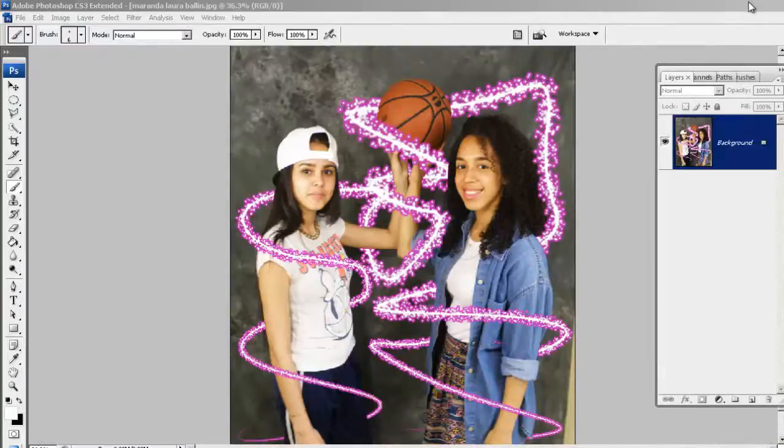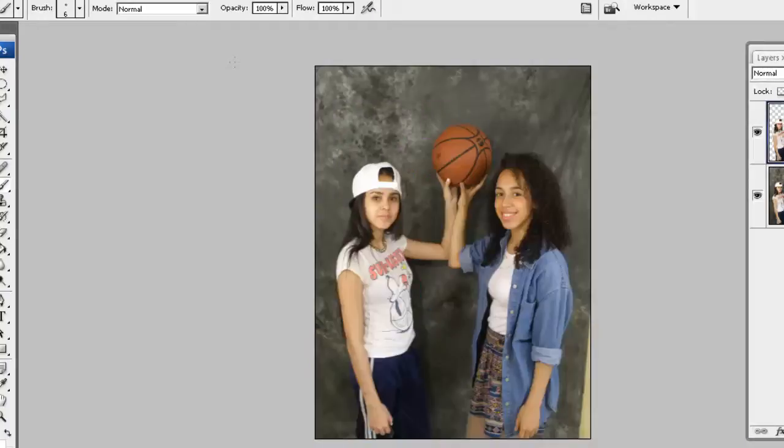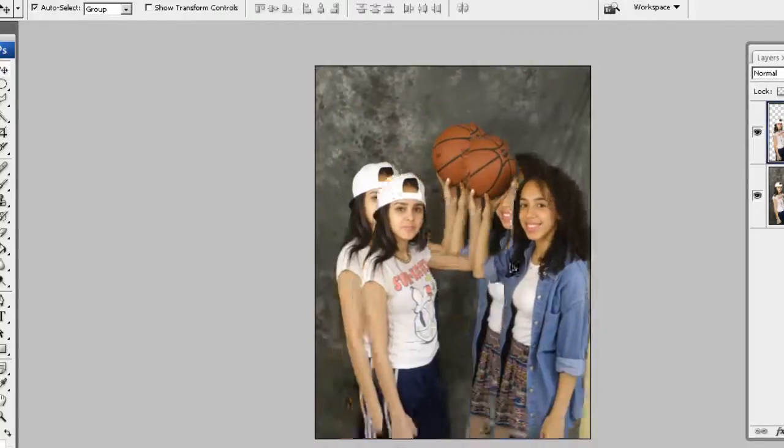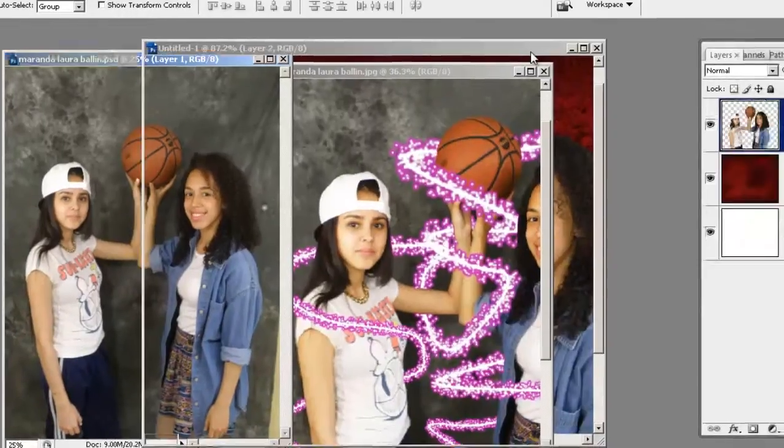Today we're going to use the pencil and brush characteristics to create this pretty cool glowing dots light effect. First thing that we're going to need to do is find a photo of yourself or your friends and use the magnetic lasso or the quick selection tool to create an extraction like I did right here. You can leave it on the original background or you can put it on a new background as I did